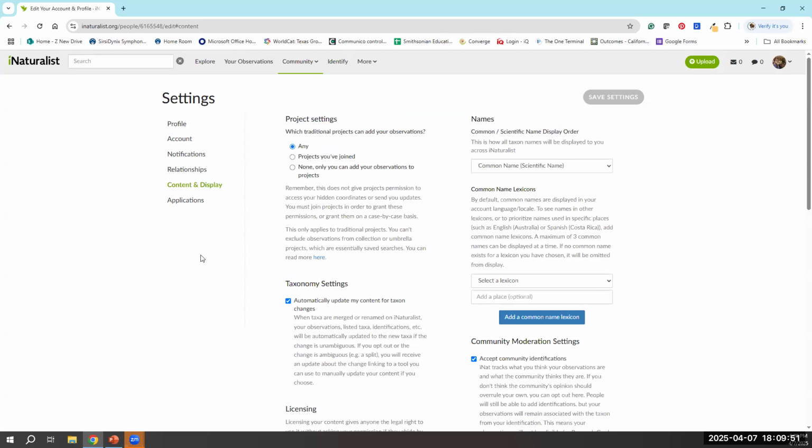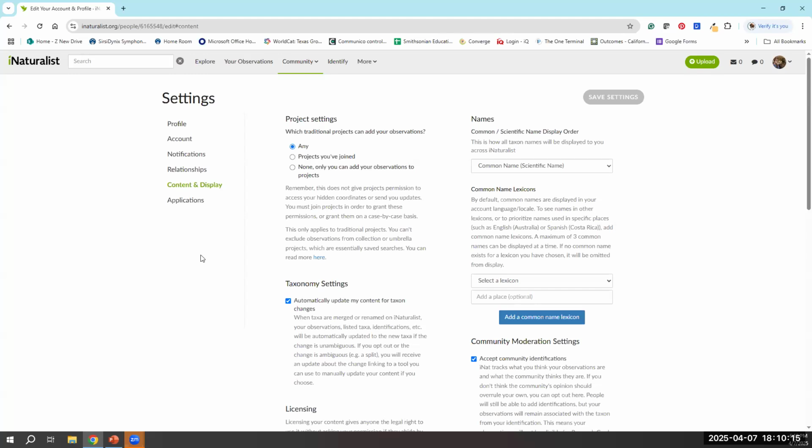So you can see I have it set to common name. That doesn't mean that the scientific name will not pop up. It's just going to be in parentheses. So the first thing I see is the common name. I do like sticking with the common name because we typically say, oh, look, a squirrel, not its Latin binomial name.